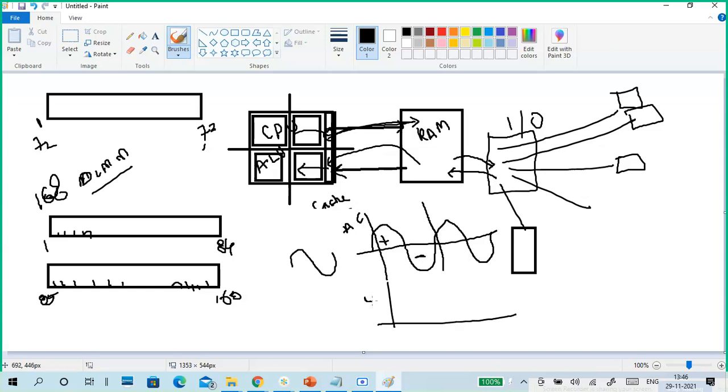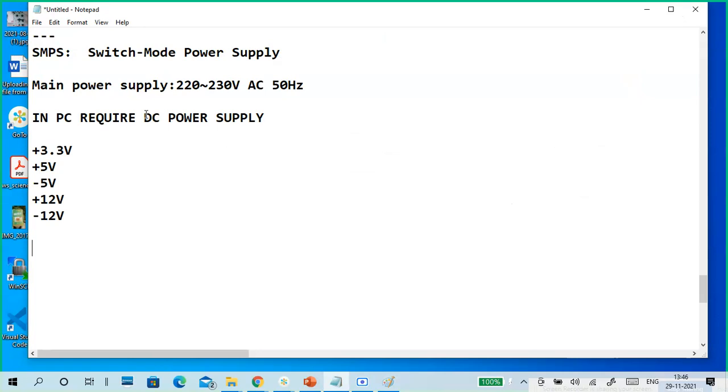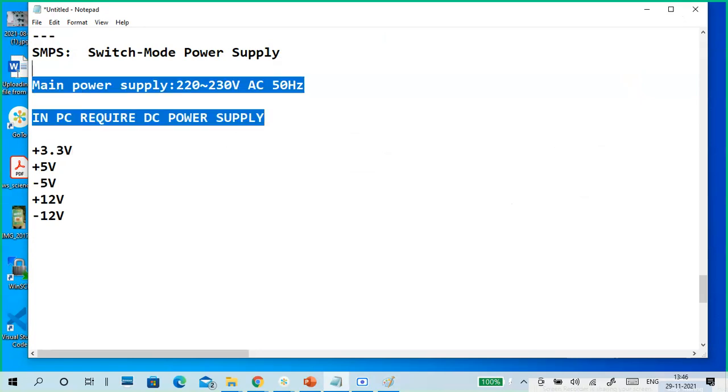DC is 5 volts, plus 5 volts means it's constant, no changes. It means DC doesn't have any frequency. AC has a frequency. Never think AC means analog and DC means digital. Both are different. Both are analog only.